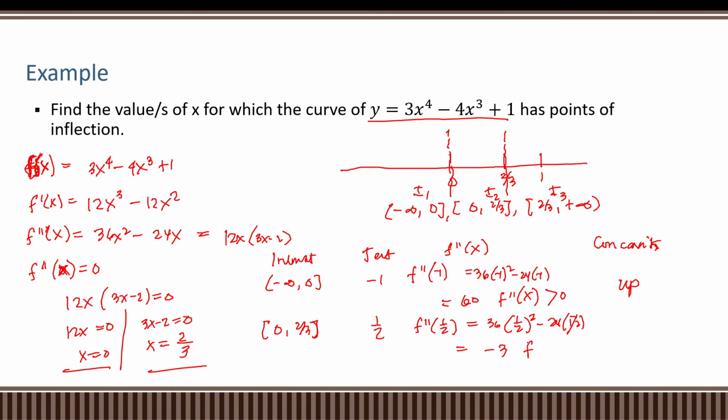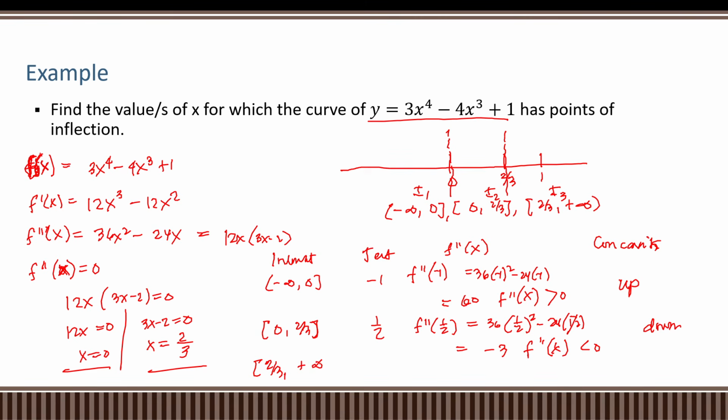So we have here, by using your calculator, 36 times (1/2) squared minus 24 times 1/2. If we're going to use your calculator, we have here the second derivative of x is less than 0. So therefore this is concave downward. And the third interval is 2/3